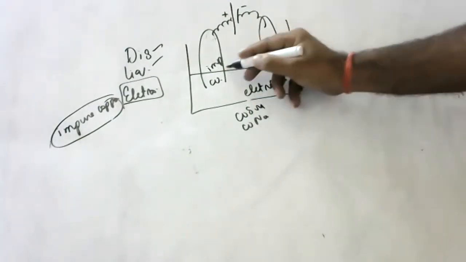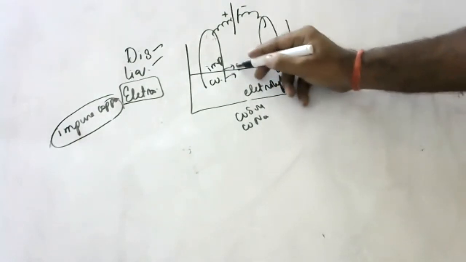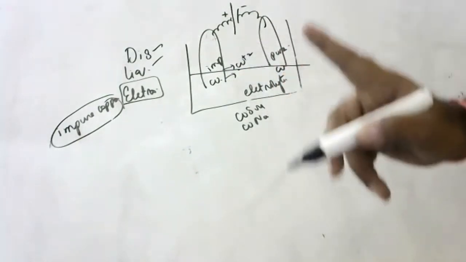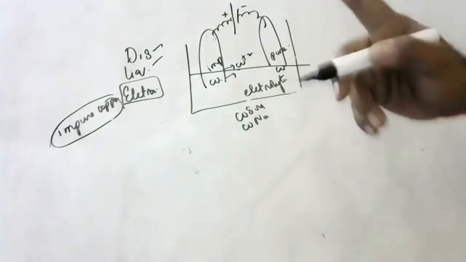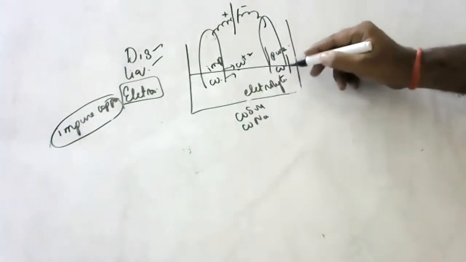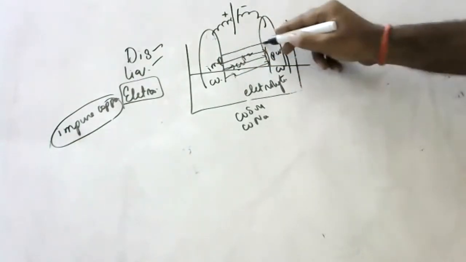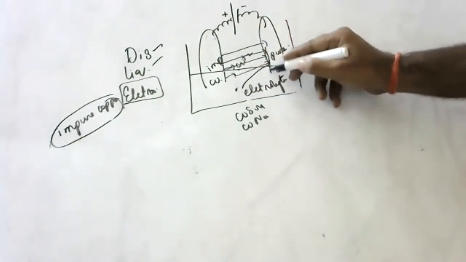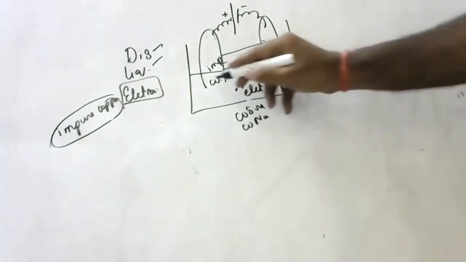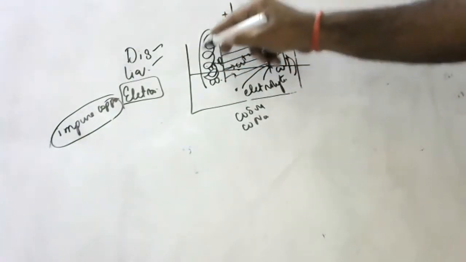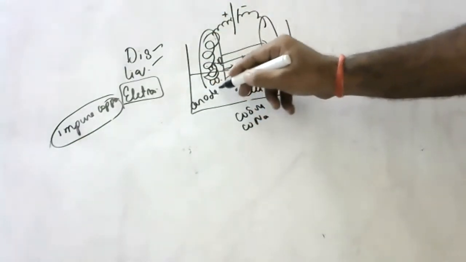On passing current, the pure metal ions, copper plus, will always go to the cathode, no? That's why I took a pure one as the cathode. So all the pure copper ions from here will go and settle here. And even from the electrolyte, pure copper ions will go and settle here, leaving behind all the impurities here, called anode mud.